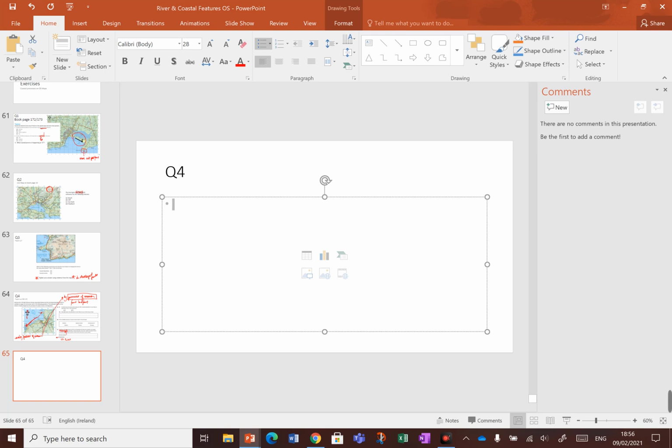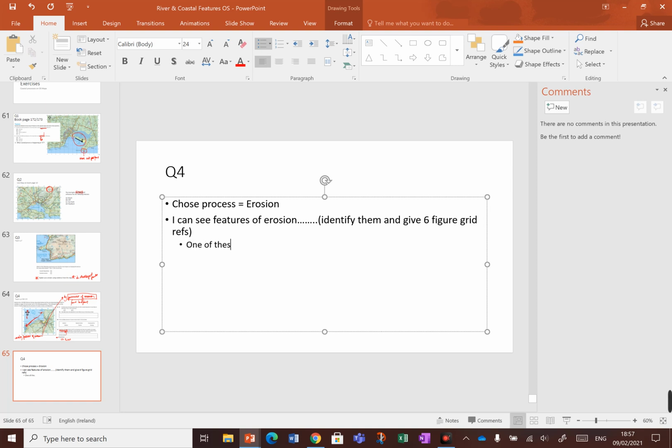Let me just get typing here. So, chosen process equals erosion. And then in the next part, what you're going to say is, I can see features of erosion. Okay, and then identify them and give 6-figure grid refs. Then in the next point, you're going to say one of these features,